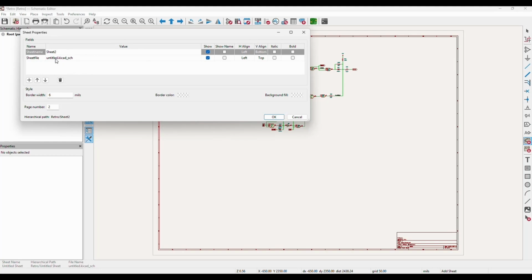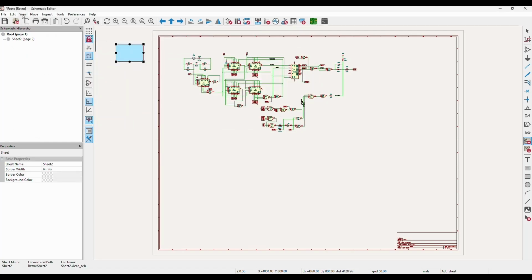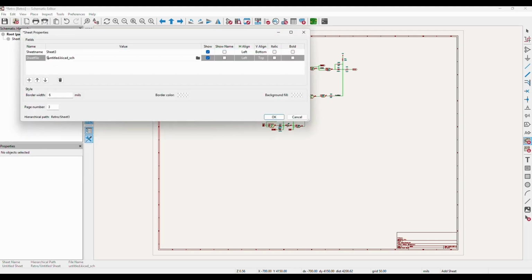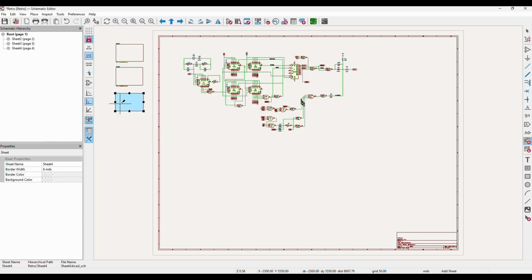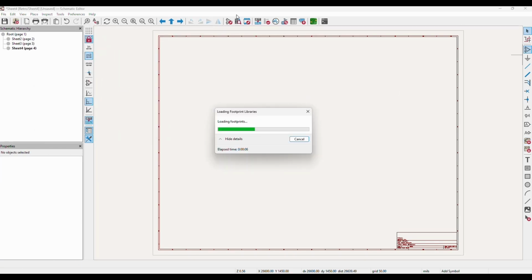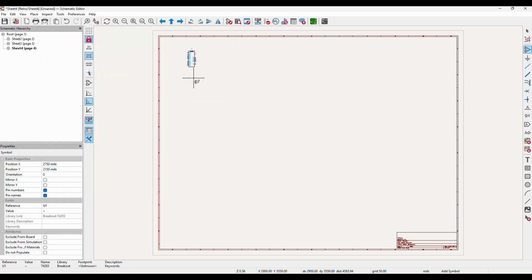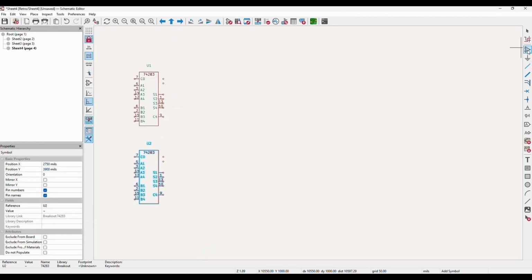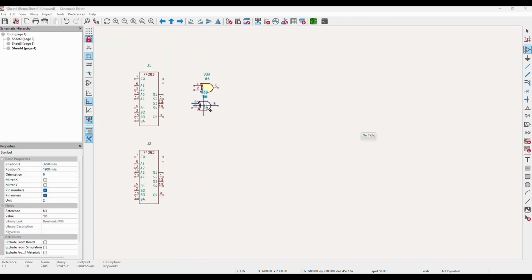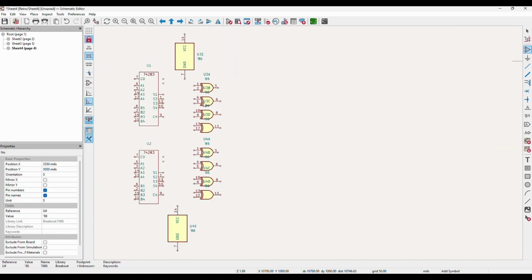Add sheet 4 to our retro schematic. Add the 2 adders. Sounds kind of funny. And drop in 15 exclusive OR gates.